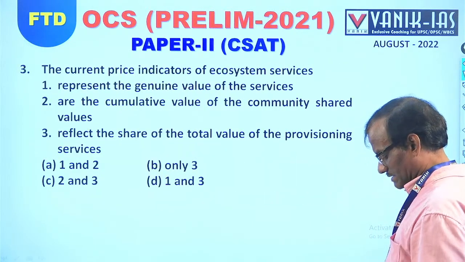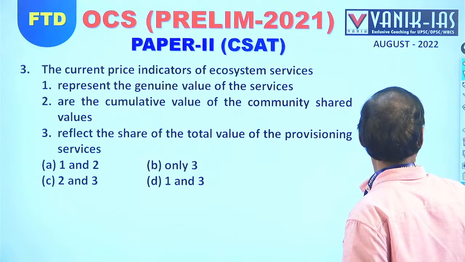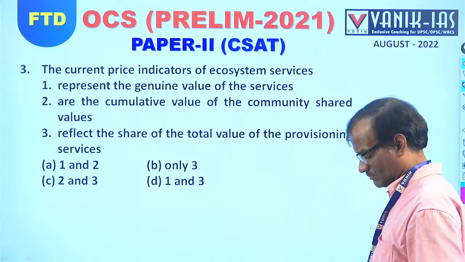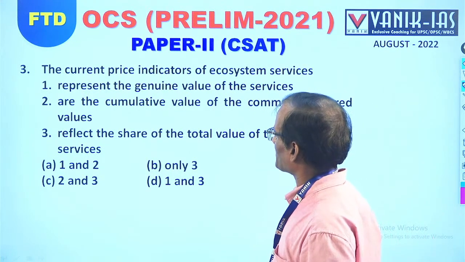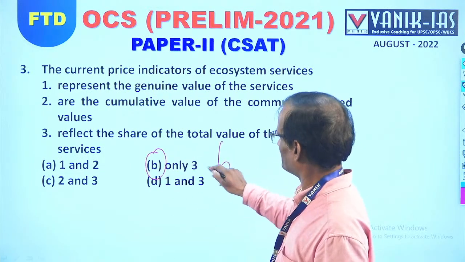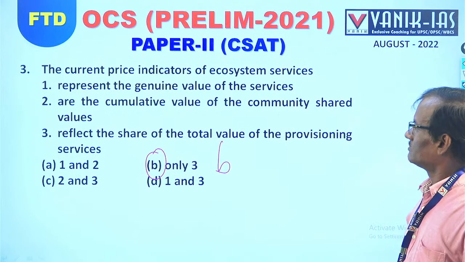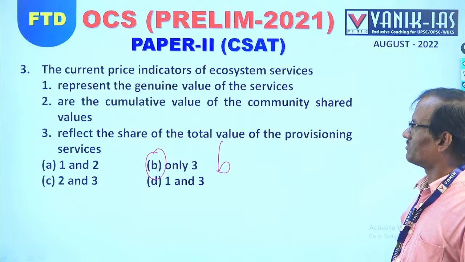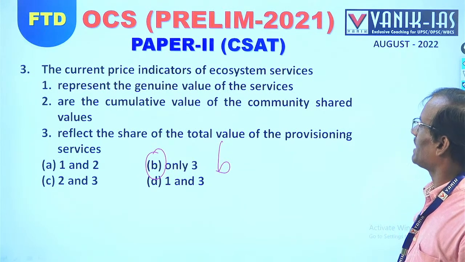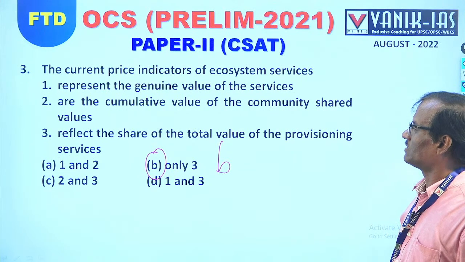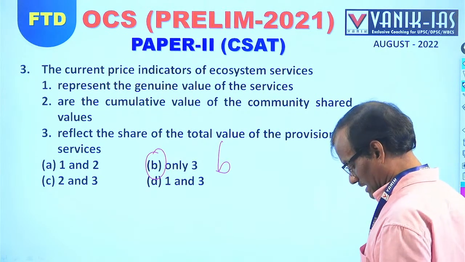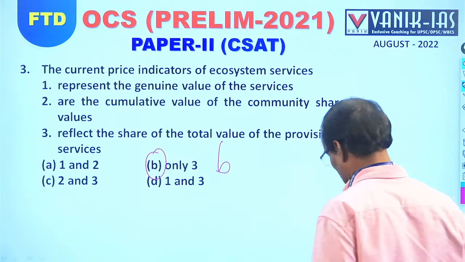the current price indicator ecosystem. So, as per the answer, only 3 will be the answer, B. The current price indicator of ecosystem represents the genuine values of the services? No. Are cumulative value of the community shared values? No. Reflect the share of the total value of the provisioning services. Okay. So, answer will be B. Then